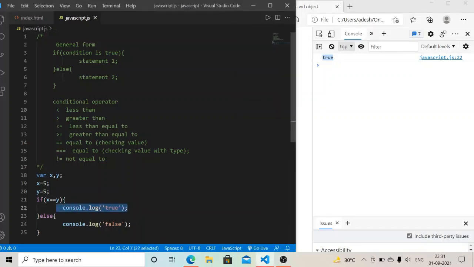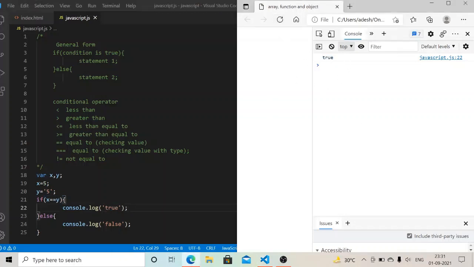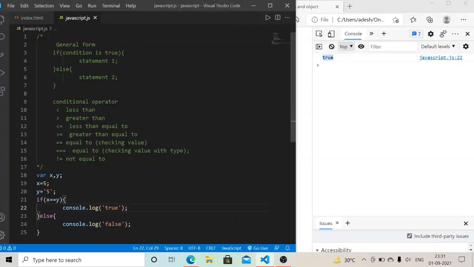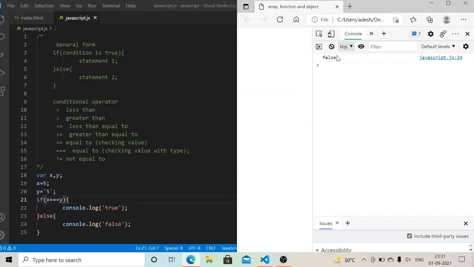When I make this a string and simply write 5 inside, you can see that it returns this statement 1 is true. When I refresh my page, you can see that it again returns a true value here, because I use the double equal to, so it checks only the value. And when I use the triple equal to, and save this file and refresh my page, now it gives us false.